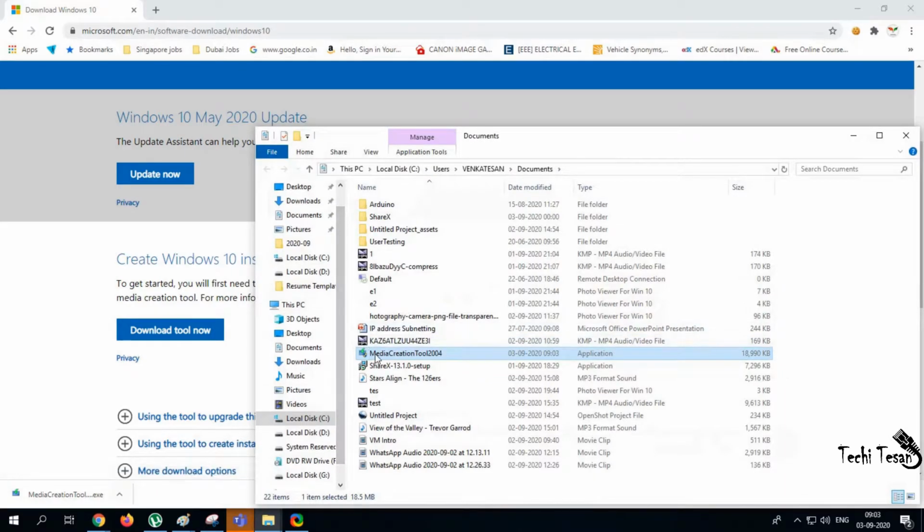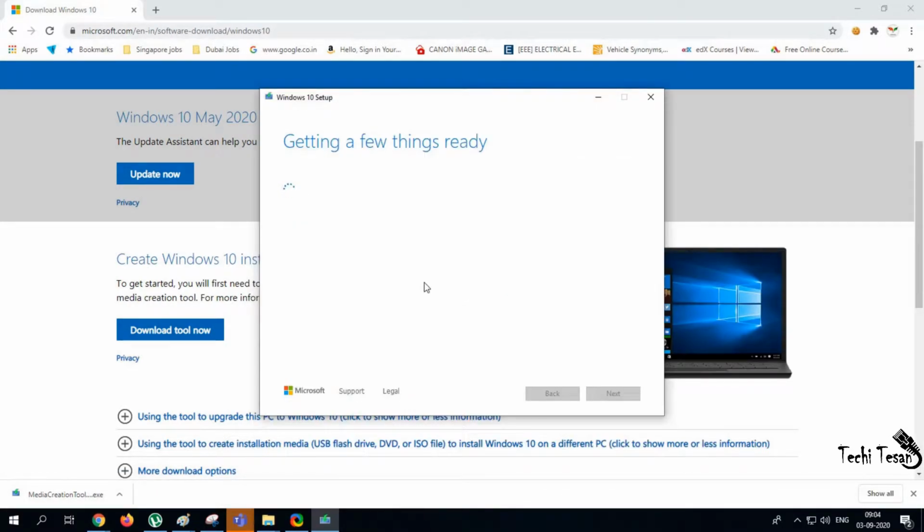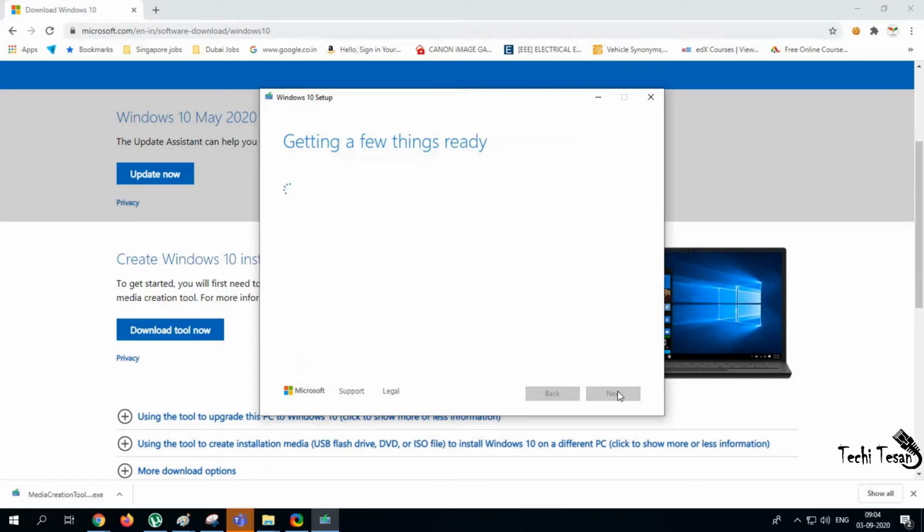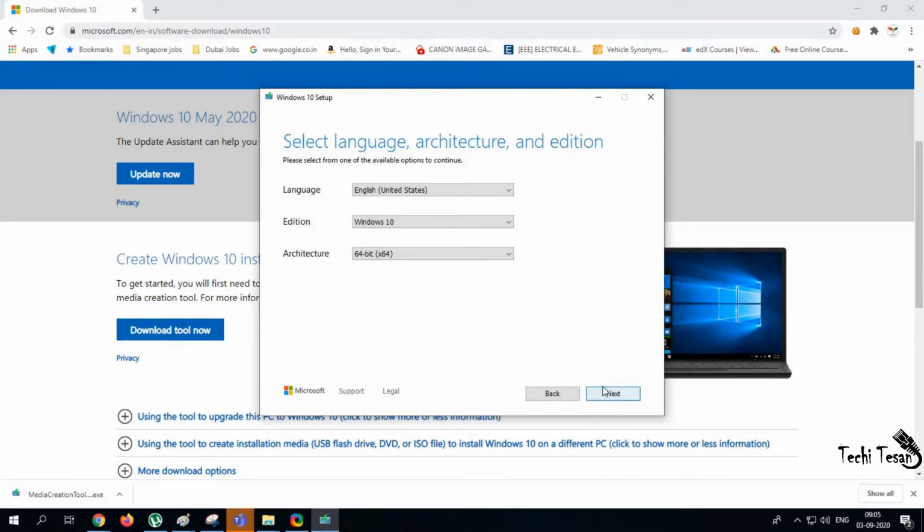Once the download has been completed, open the file, accept the license agreement, then select Create Installation Media, USB and ISO. Create an ISO image. Click on Next.